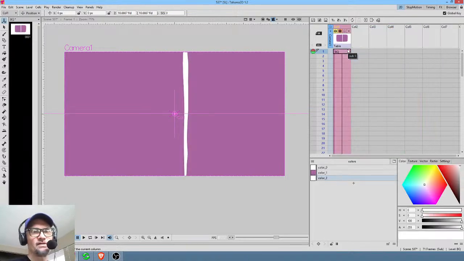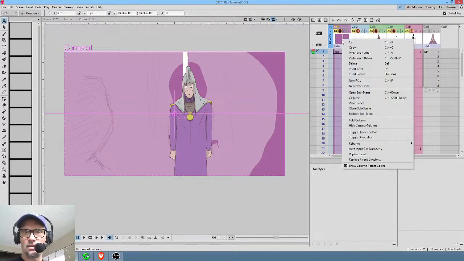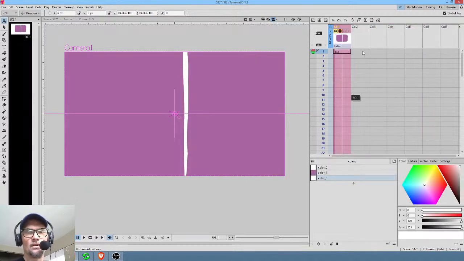So I'm going to go down into the sub-X sheet. If you don't know how to do that, you would go open subscene, which for me is the control down arrow. Okay, so to make this as quick and easy as possible, one of the things I would do,